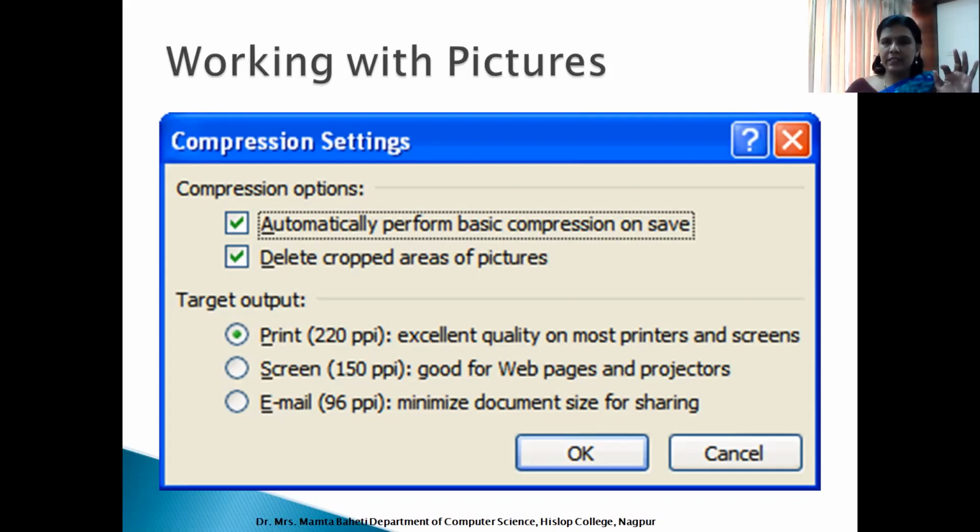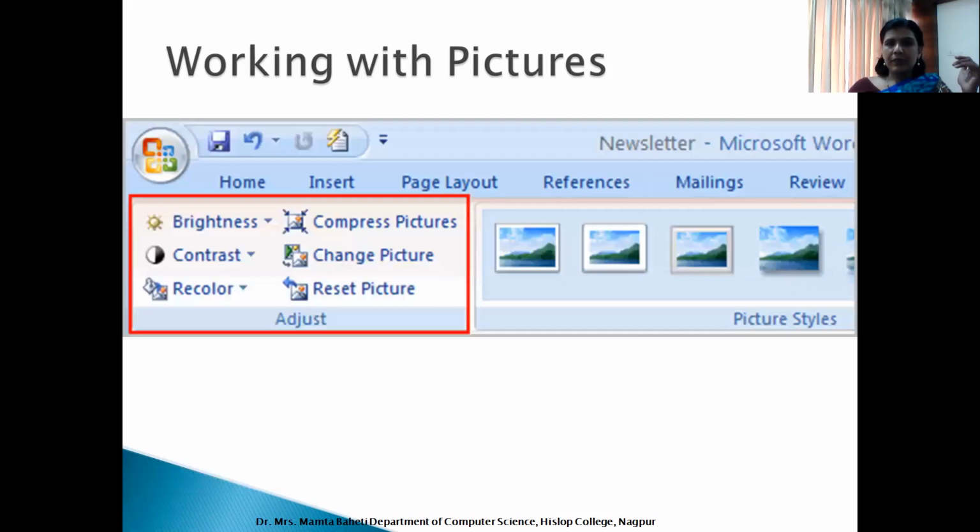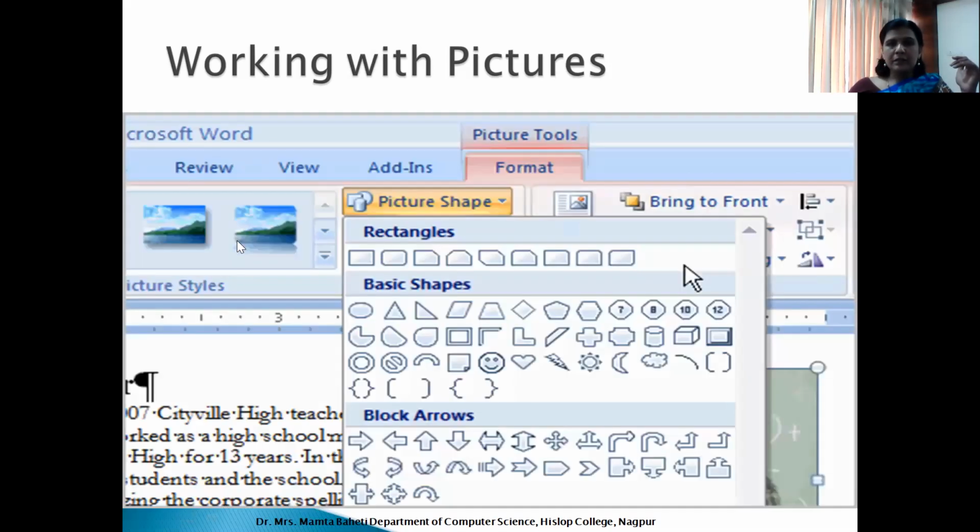So if I click on compression, the cropped area is also deleted. Then what should be your screen resolution, your email, and likewise that can also be set here. See, these options are available here. Compress pictures, change picture, recent pictures, recolor, the various other tools of formatting the picture.